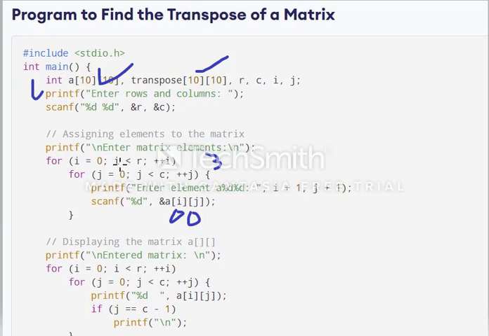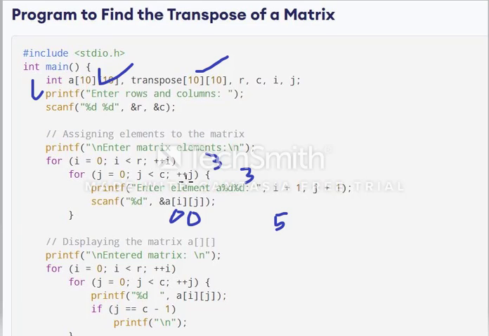Here i equal to 0, 0 is less than 3, so I am entering the next loop. j is equal to 0, for example I am taking columns also 3, 0 is less than 3, so I am entering some value here. For example I entered 5.